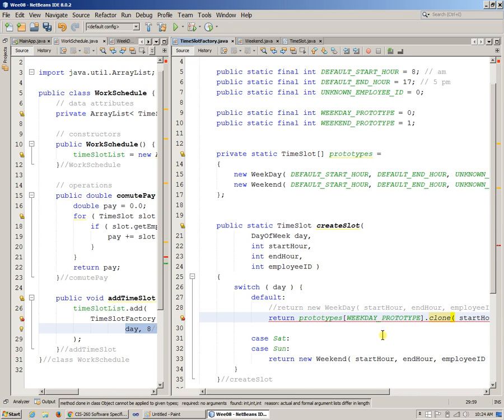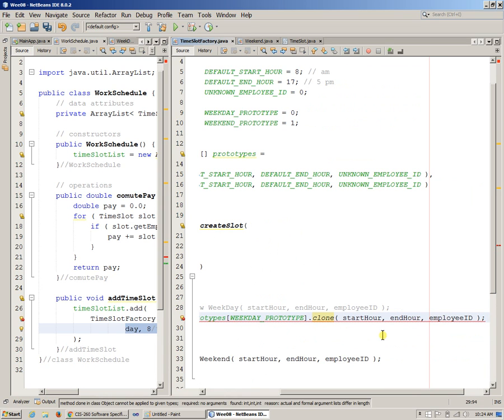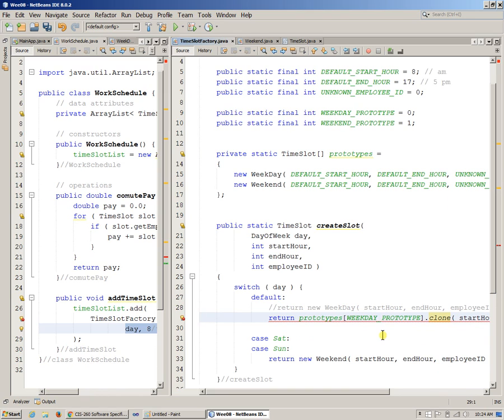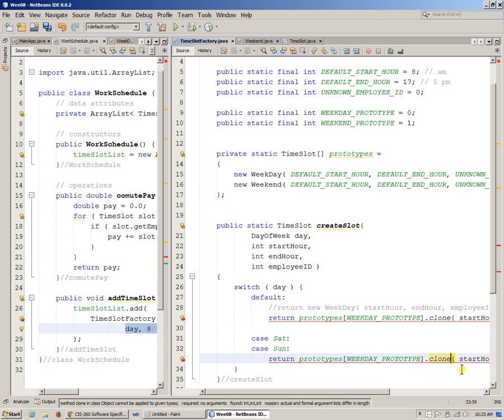We can clone the prototype with a specific set of parameters. So clone will be a new method that we will be adding to our prototype. And so this is yet another possibility here that we can use. Instead of just creating new objects, we could use the prototype as long as we can clone the prototype and